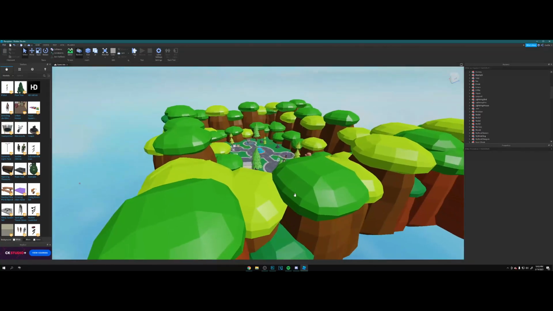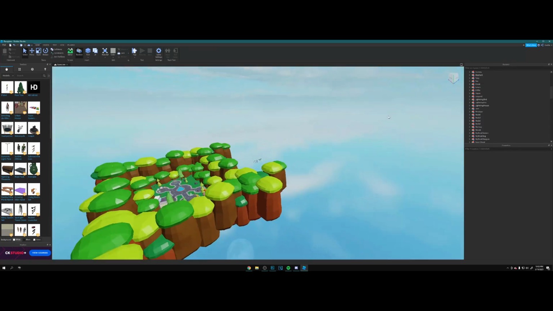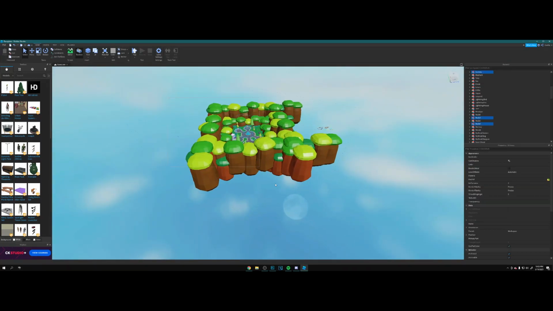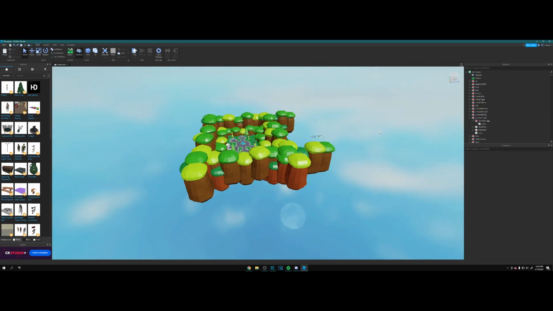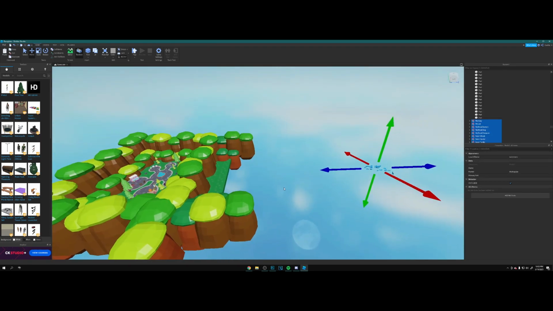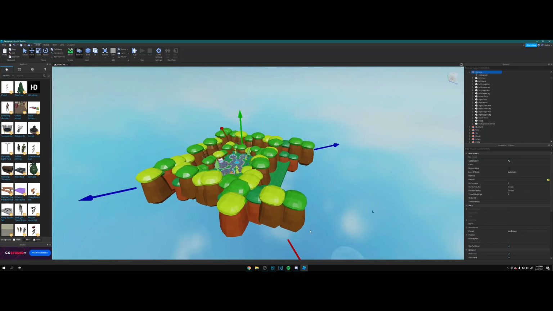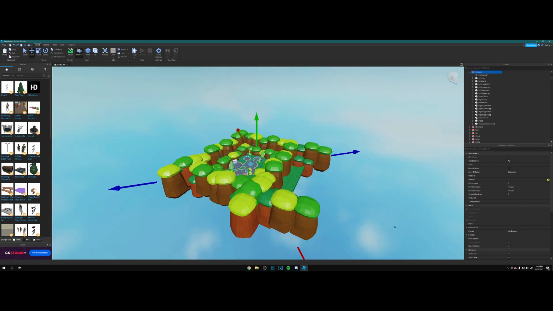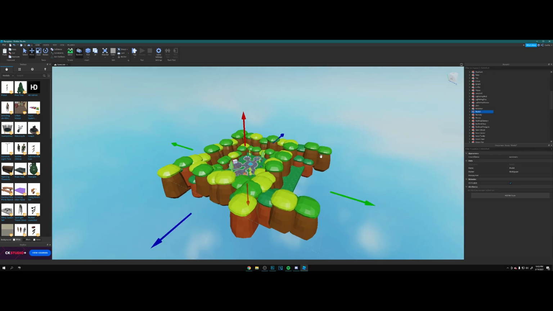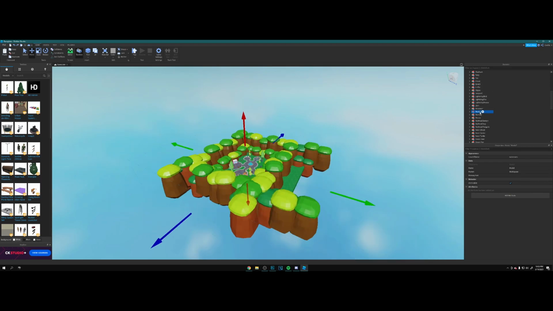Yeah, so to export this, we're going to take everything here. So let me zoom. We want to take out these, not the pets. Alright, so I'm gonna take these pets and just move these aside for now. Alright, so you're gonna want to take everything here. Take everything you want to, and now you want to hit Control G to make a group. As you can see, I'm going to take this group and we're going to right click, go to export selection,